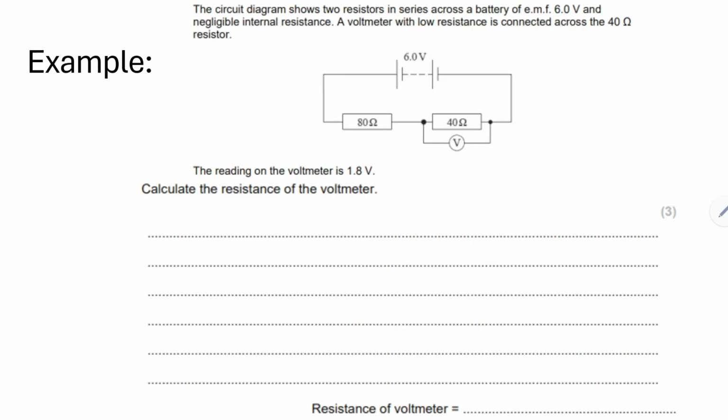Now we are going on to our second example exam style question, where it states: calculate the resistance of the voltmeter. So we write SCPV over here as well, and we see that the reading is 1.8 volts. From PV we can see that the voltage is going to be the same over here as well. So we can just do the same thing: 1.8 divided by 40 equals